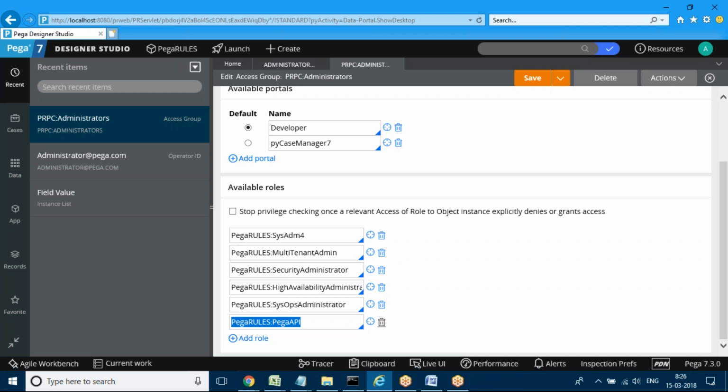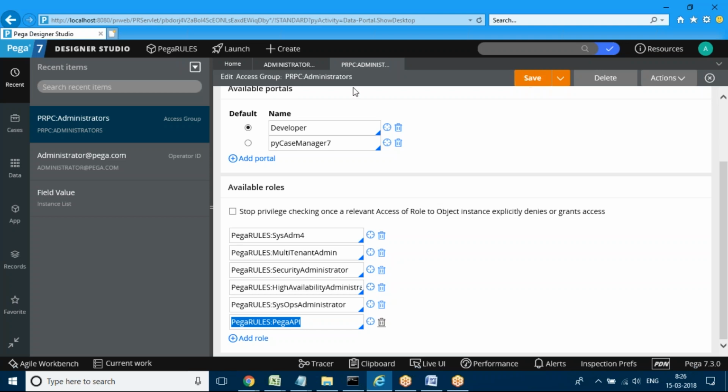Okay, you will not directly set these things. The lead team will set all these roles, and you can just check them. You cannot edit or modify them. In real time, you cannot edit these roles when an operator ID or login ID is given to you. You can just check them, but you cannot edit them.